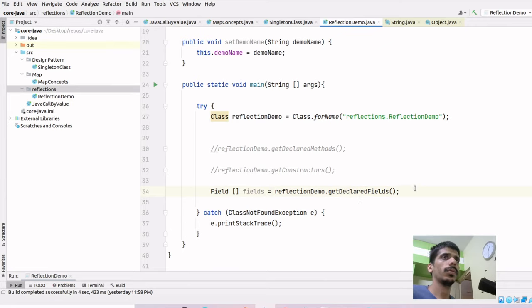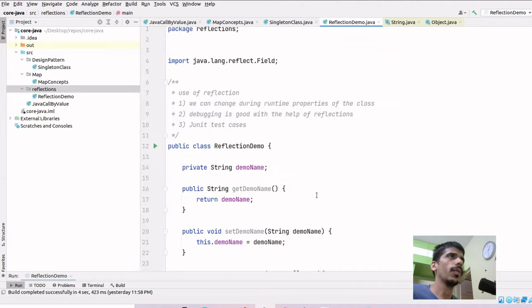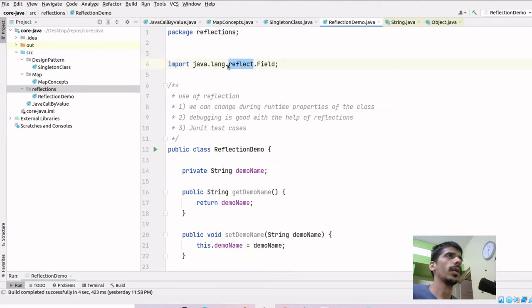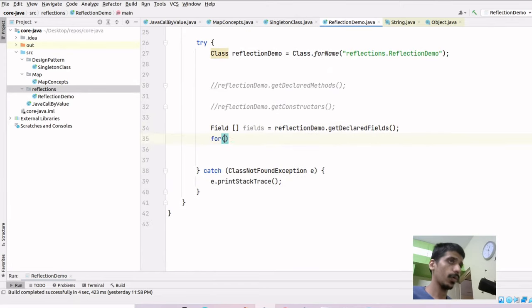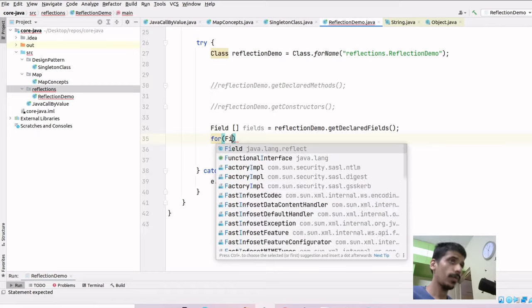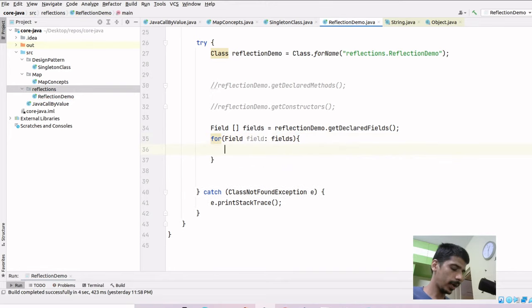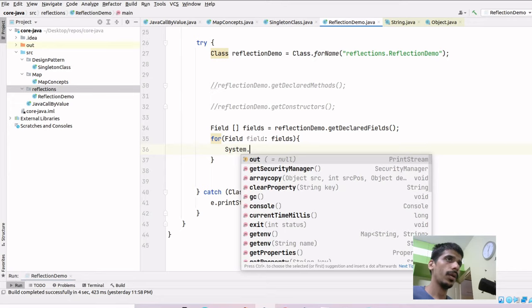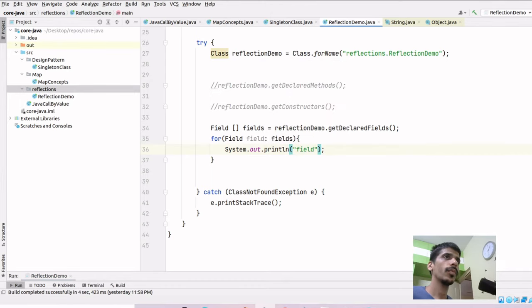Yeah, if you see here, they have imported java.lang.reflect.Field automatically. And let me iterate over this. So for fields, and let me print it out: System.out.println, so field is